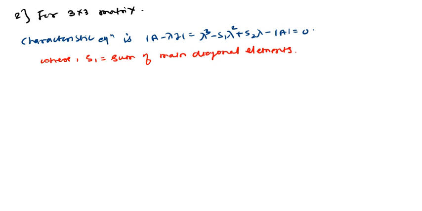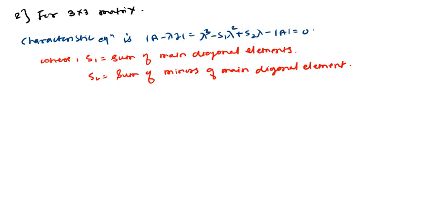Okay, this s2 is the sum of minors of main diagonal elements. Okay, and this thing is nothing but the determinant of